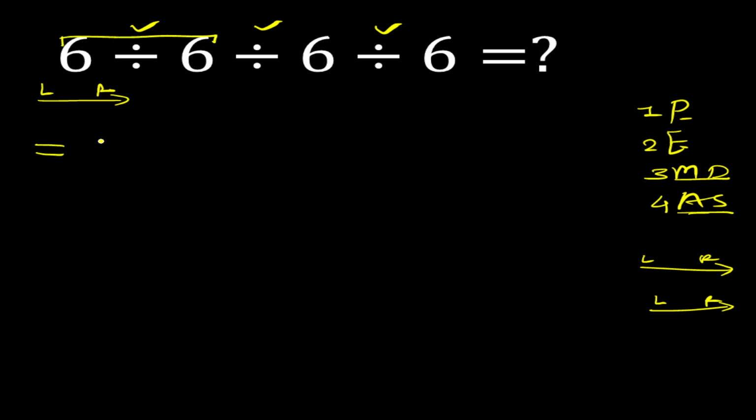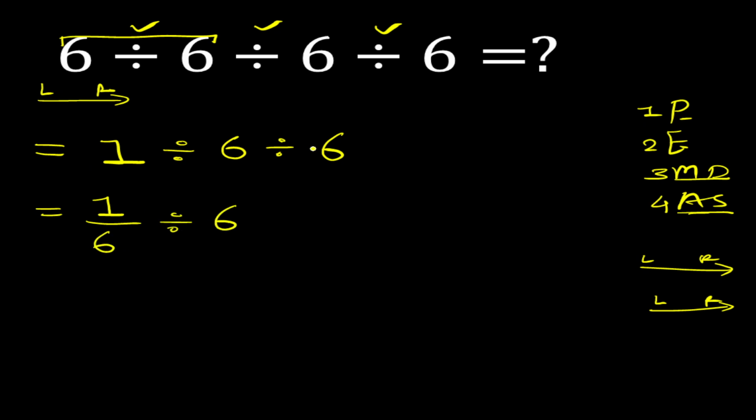So 6 divided by 6 is equal to 1. Then divide 6 divide 6, right? Now 1 divided by 6 can be written as 1 upon 6 divide 6. So now according to KCF rule, K means keep this first fraction as it is same, 1 upon